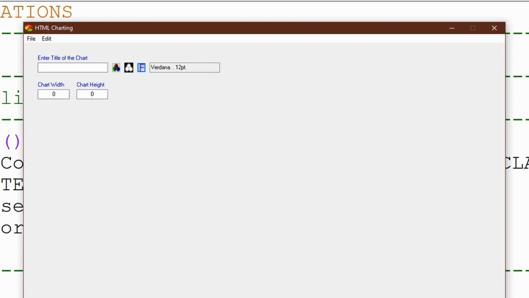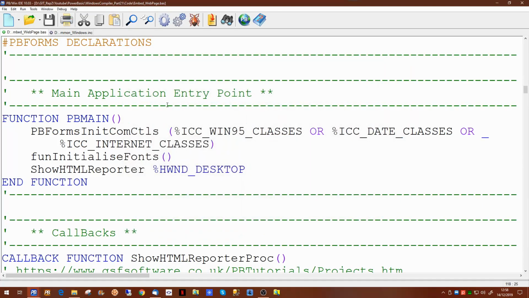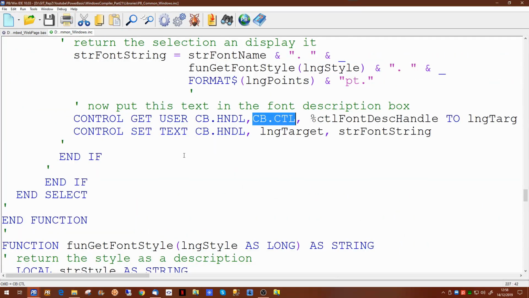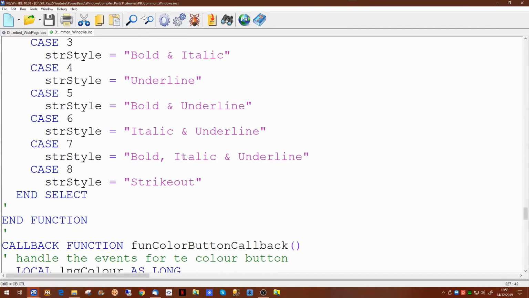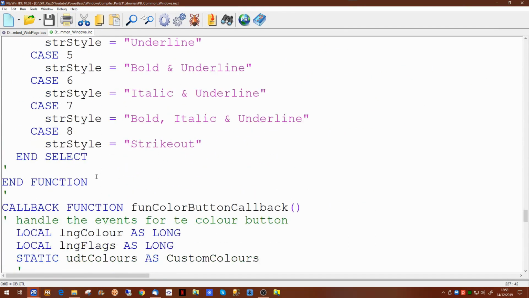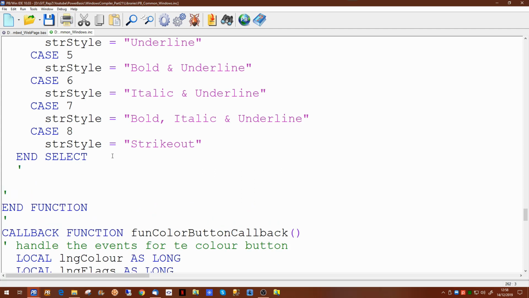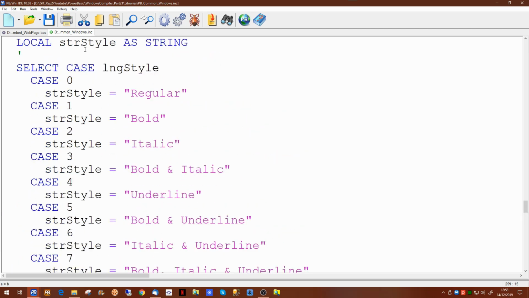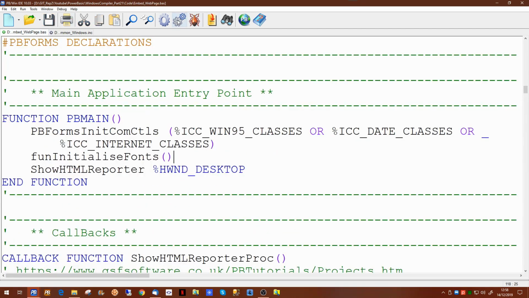Yep, our font description thing is not returning. We've missed something in our... Yes, the thing we've obviously missed is we haven't returned the value of the function. Yes, that does help. Having populated the value in the string, we were not returning it as the return value of the function. So if we run this now,